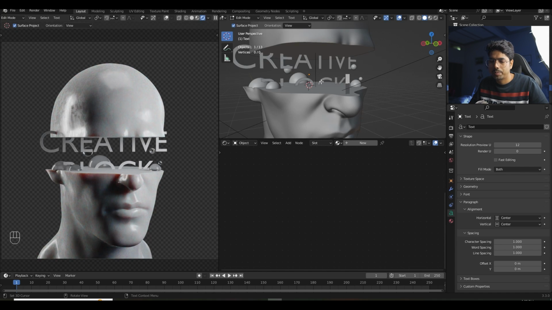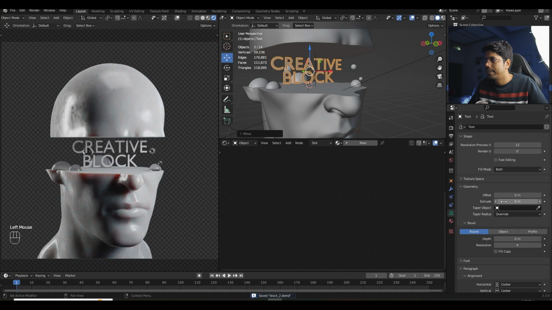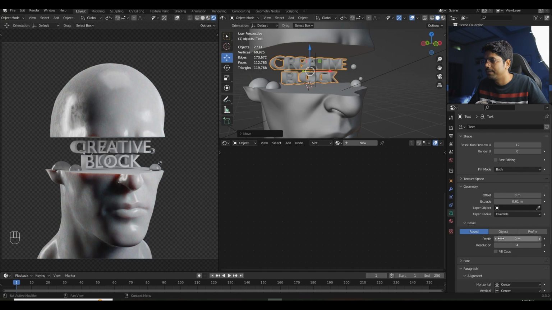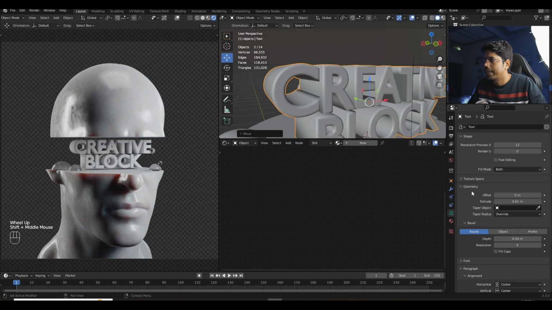Right now it's big, so I'll press Tab and scale it down even more. Then I'll go to geometry, where there is an option called extrude, and I will extrude it and increase the depth a bit, not too much. This is basically adding a bevel to our text. I don't want too much, so maybe I will add